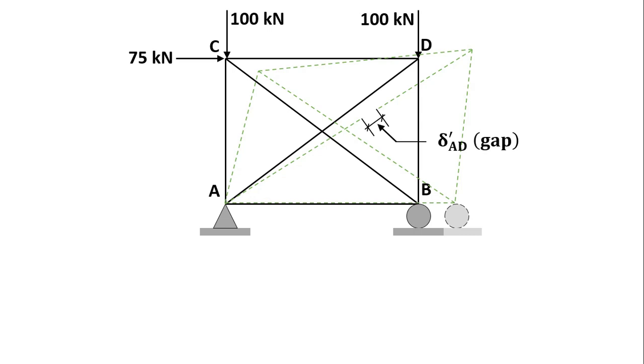Okay, so magkakaroon ng gap doon sa member AD kasi nga pinutol natin siya momentarily para magkaroon tayo ng force, para makita mo yung effect ng force AD. Okay, so magkakaroon ng gap doon sa member na yon. Kung ano man yung gap na yon, this is yet to be found out. In the next,